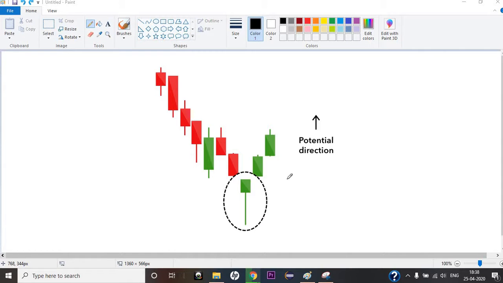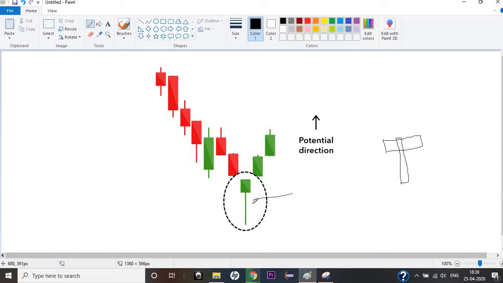In this video tutorial, we are going to learn about a new candlestick pattern, that is the hammer candlestick pattern. Now, as the name suggests, hammer. So how does a hammer look? You have a handle in a hammer, and then you have a metallic thing in the hammer, which you strike on a stone or on a floor to break it. So that's what this candlestick also suggests.